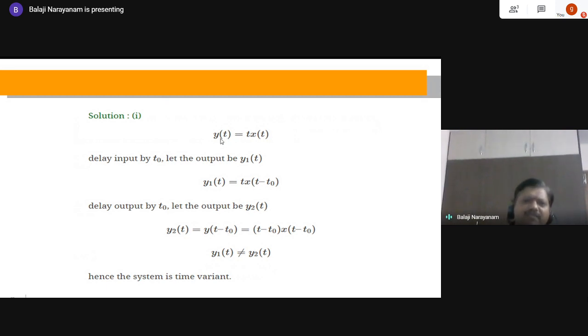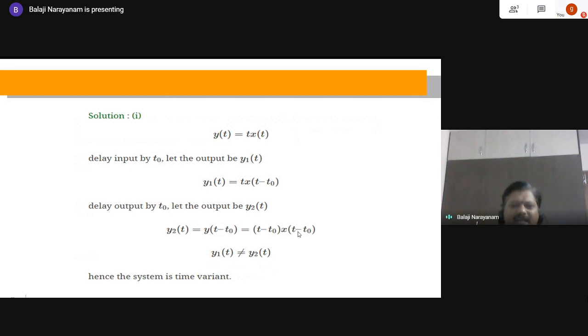We know the given equation is y of t is equal to t into x of t. So here in place of t we have t minus t naught, and again in the x of t equation in place of t we have t minus t naught, and we can observe